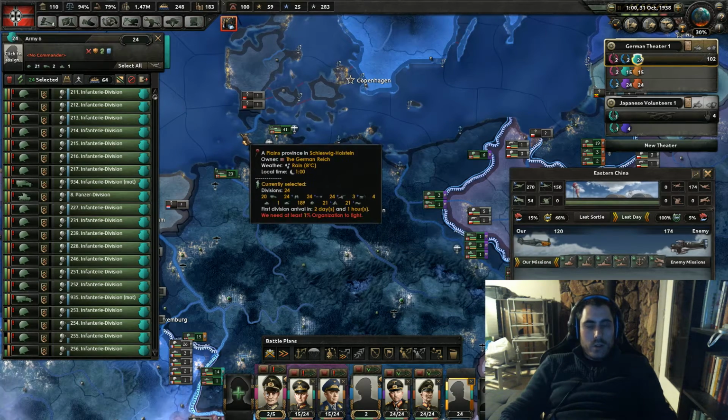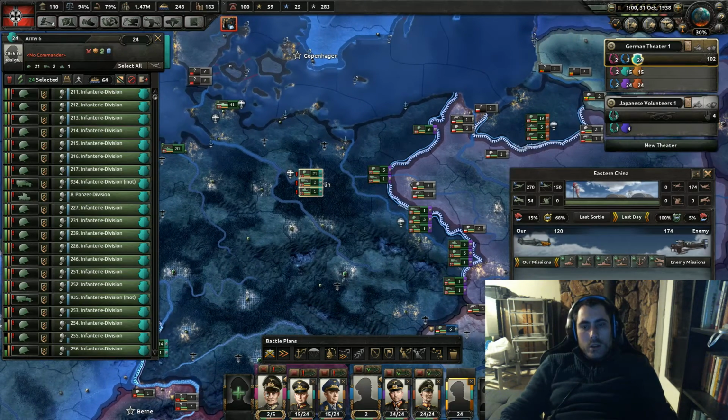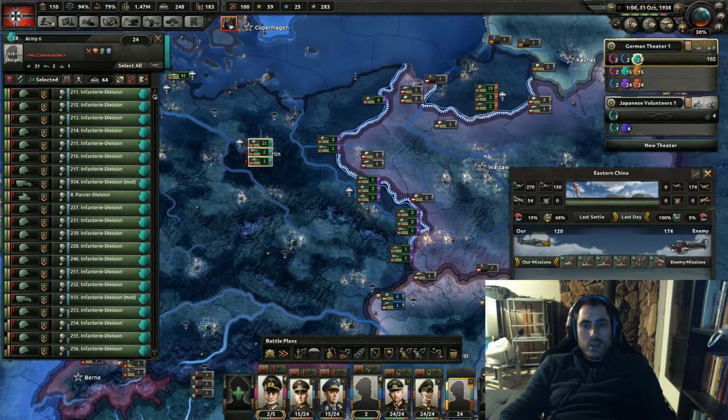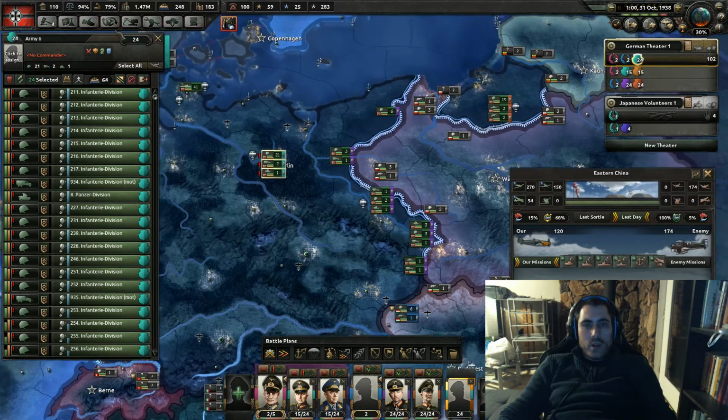24. He's almost his own army. We will take a couple units out, but really it's mostly infantry. There's no tanks or anything here, so